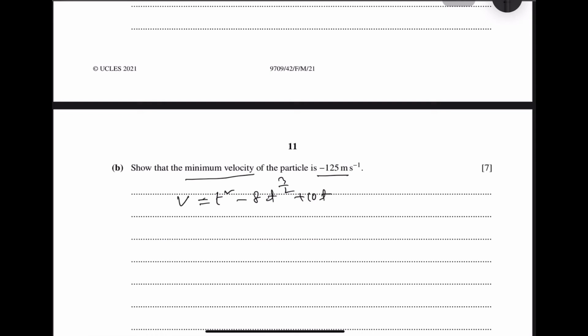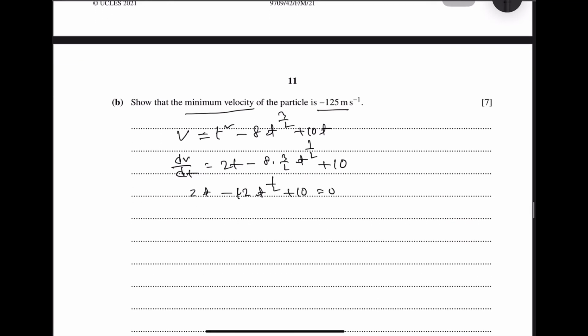So dv/dt equals 2t minus 8 into 3 by 2, t to the power 3 by 2 minus 1, so that is half, plus 10. That means 2t minus 12 t to the power half plus 10 equals 0. dv/dt will be 0. So if we simplify this algebraically,